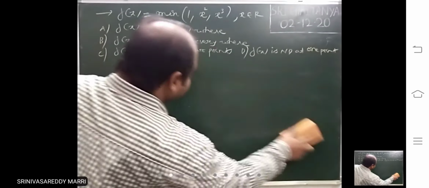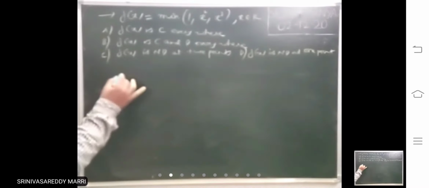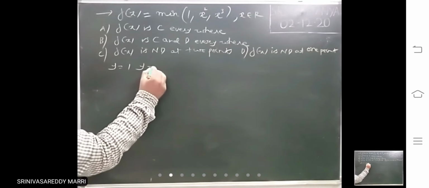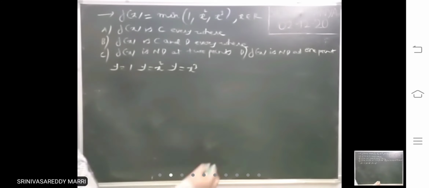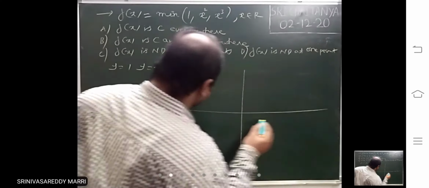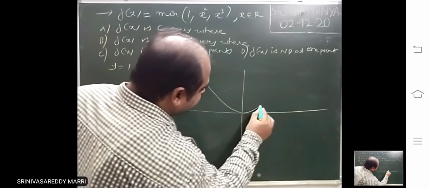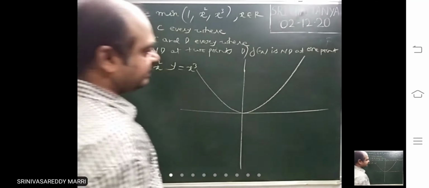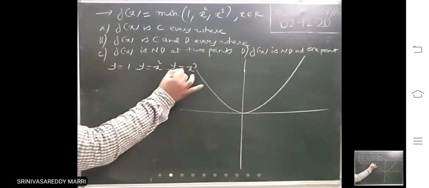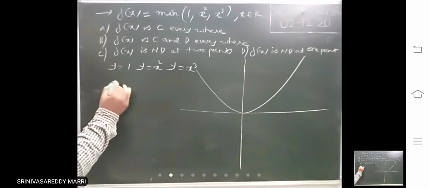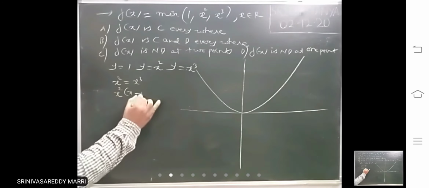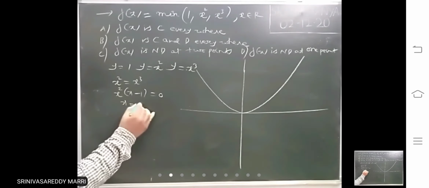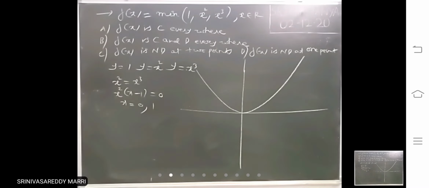Look at. So now he is telling minimum of. Let us plot that. y equal to 1. These all graphs you know. x cube. Right? So now y equal to x square is this. First, the parabola I am drawing. Anything you can draw. Now I am going to draw y equal to x cube. These two graphs, where will they intersect? Take x square common. 0 comma 1. Right? So while drawing the graph, they will intersect at 0 and 1.